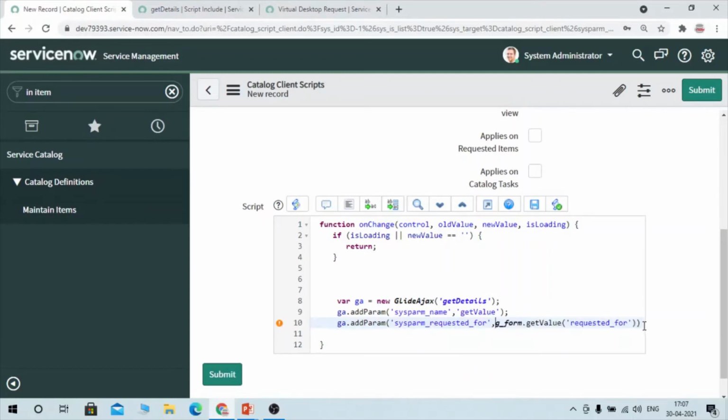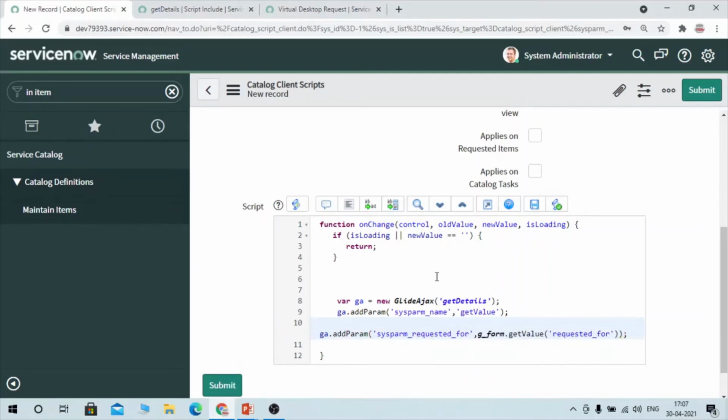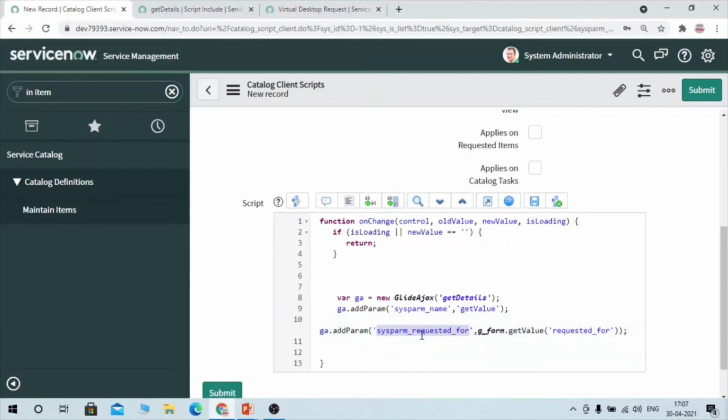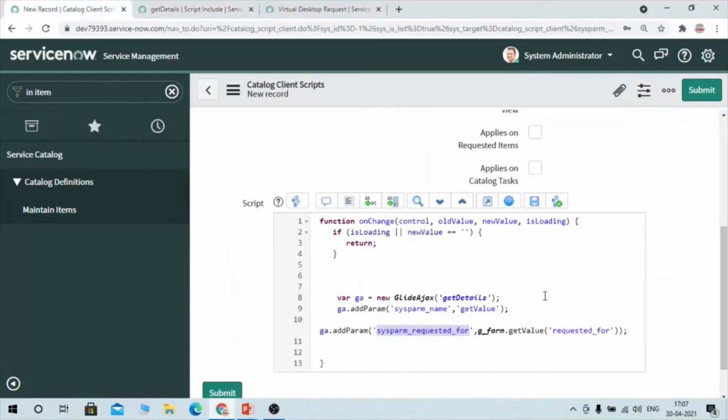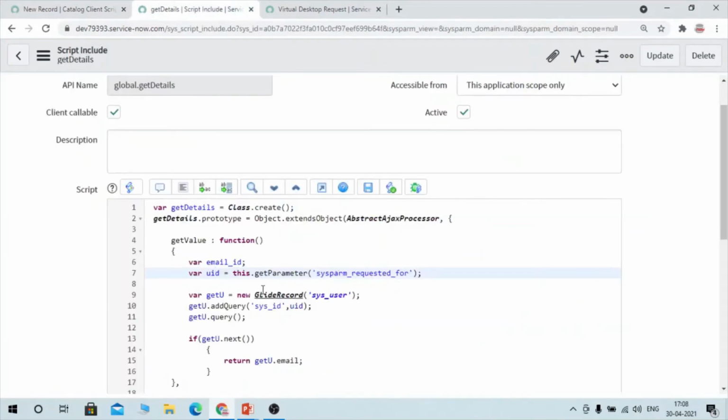So this has been passed as a second parameter. Now I have to copy this parameter name and paste it here. Whatever value we are getting for the requested for ID, we are passing in this parameter, and referring to this.getParameter, I am storing this value into uid.